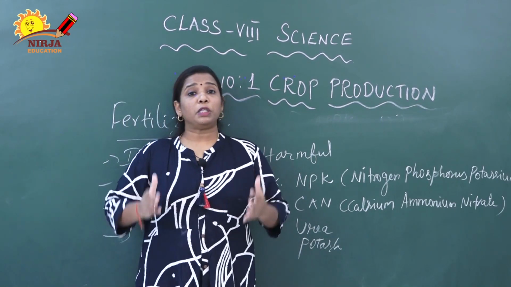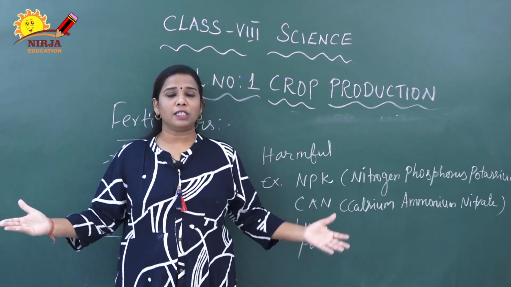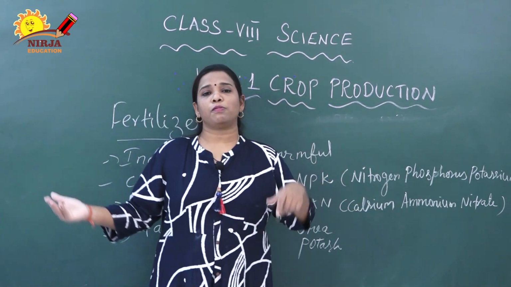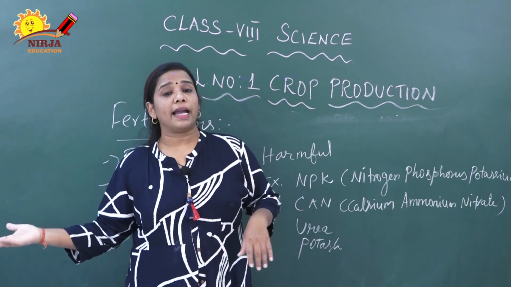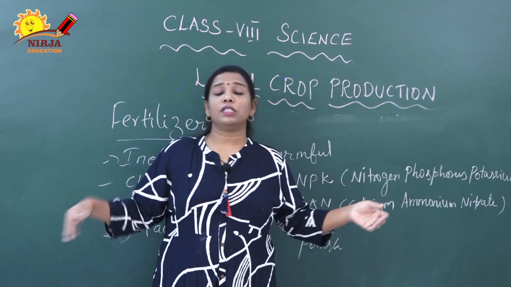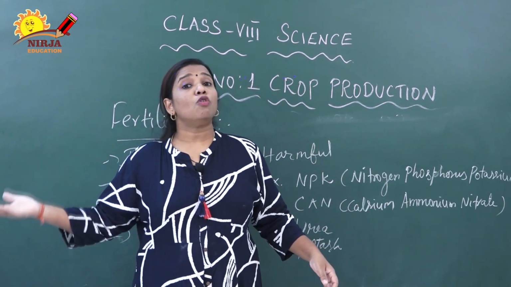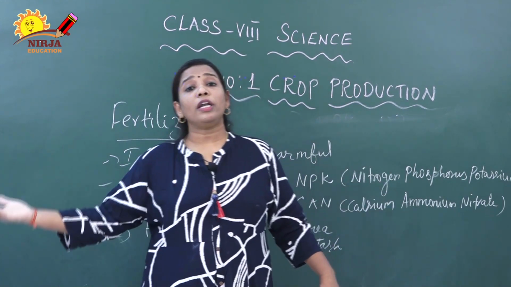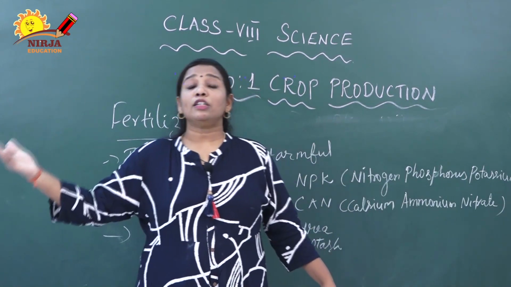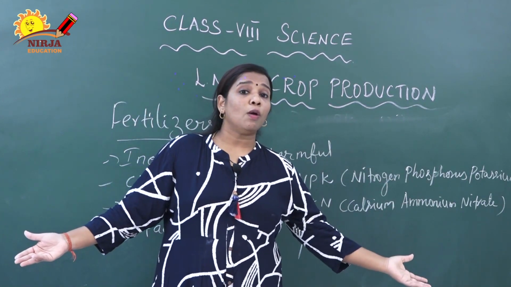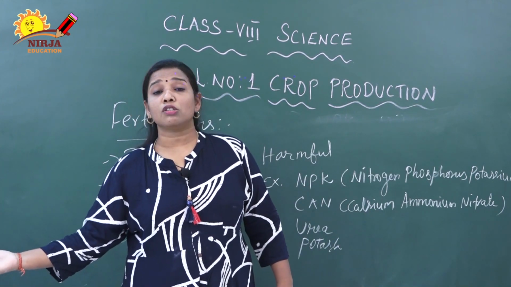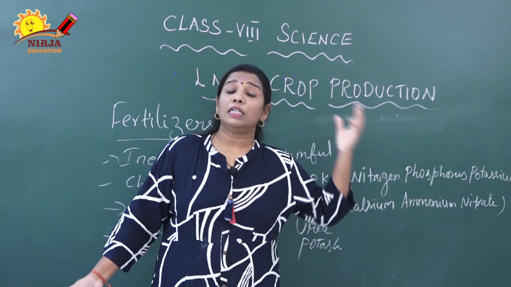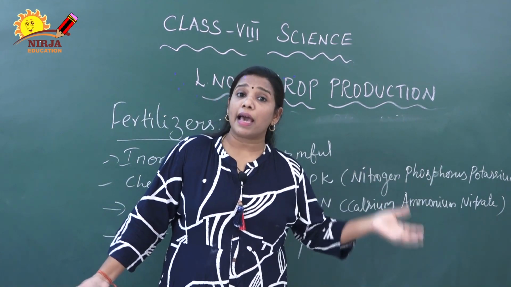So, what is the difference between manures and fertilizers? Manures are organic substances, fertilizers are inorganic substances. Manures are prepared on the land, fertilizers are prepared in factories. Manures contain a rich amount of humus. Fertilizers do not contain humus. Water holding capacity is more for manure, less for fertilizer. The plant growth is slow with manure, but plant growth will be more with fertilizer. Manure is not harmful to the environment, but fertilizer is very harmful. It damages land, water, air, etc.